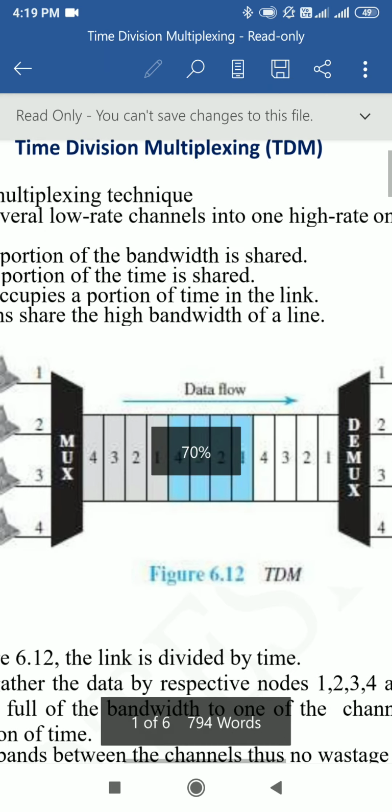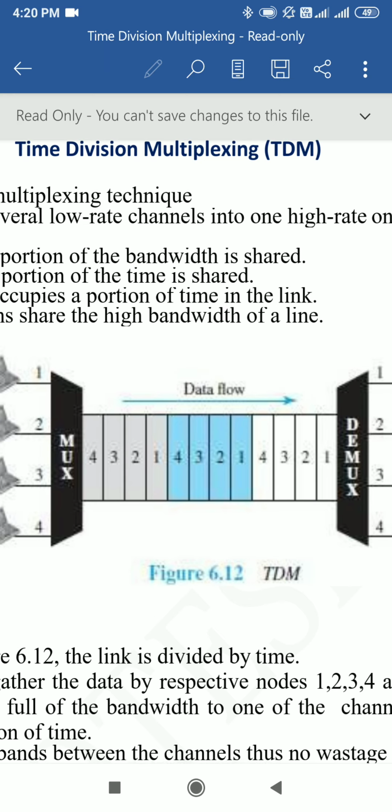Now you can just see the diagram. In the diagram we have 3 cycles, where in each cycle we have 4 time slots. In the first cycle, the first time slot is allocated for the first device. The second time slot is allocated for the second device. The third time slot is allocated for the third device. Similarly, the fourth time slot is allocated for the fourth device. The meaning here is that the entire data is not transmitted at one time. The whole data is divided into units of data, and for each unit, a time slot is allocated in each of the cycles.